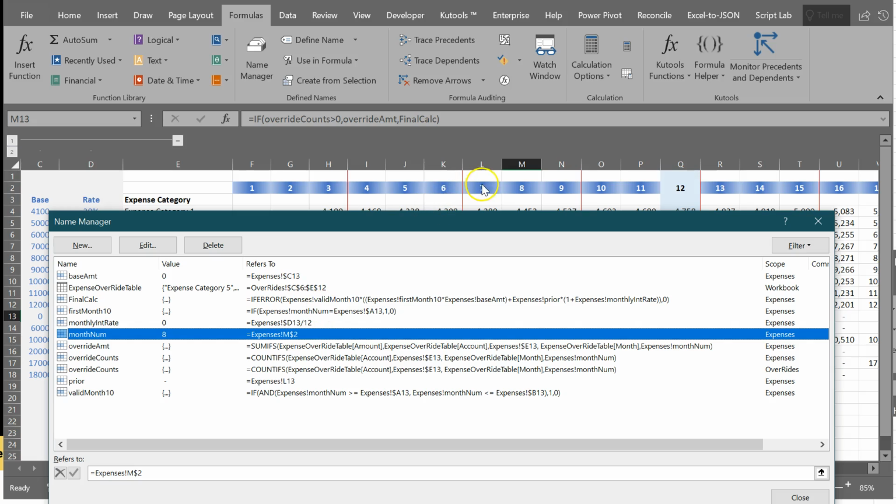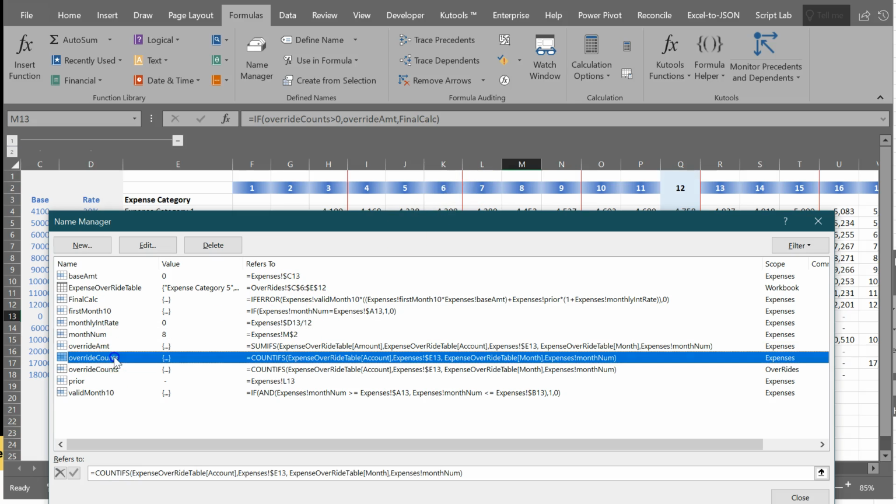That's where the month is. Let's go to the override count. It's counting how many times that expense, which is always in the E column for that row, wherever I am, and I happen to be on row 13. So E13 and month num. That will count that, and then I'll know how many overrides there are. And if it's greater than 1, then it's going to use